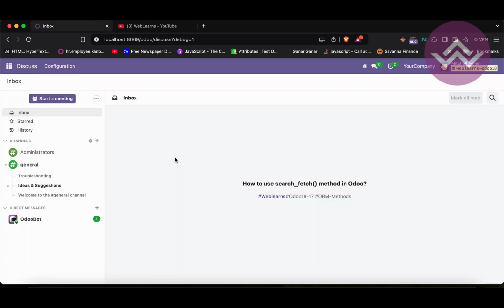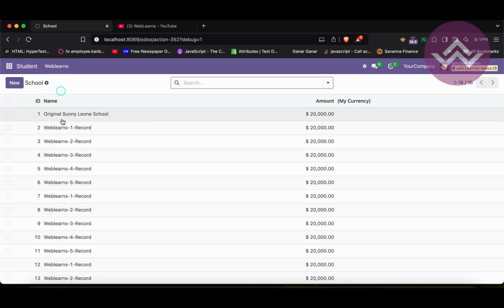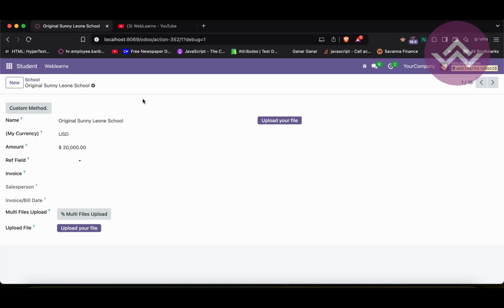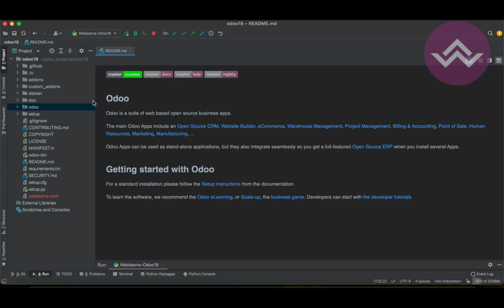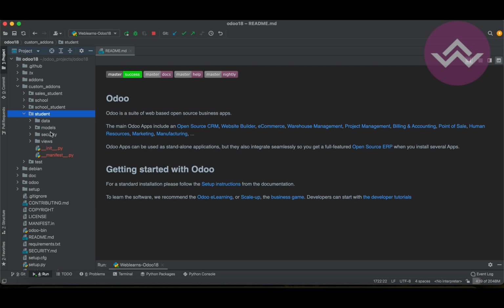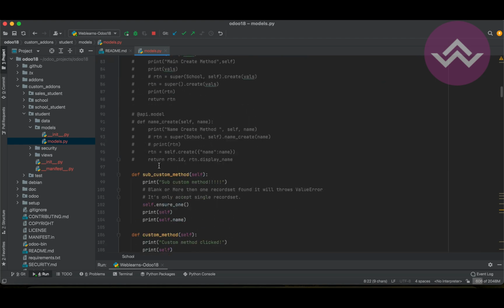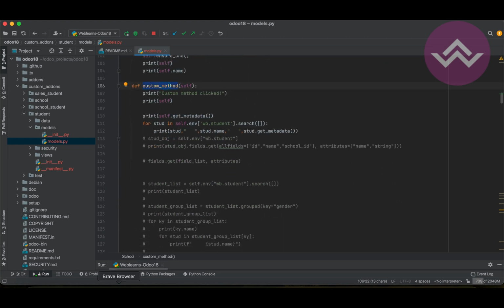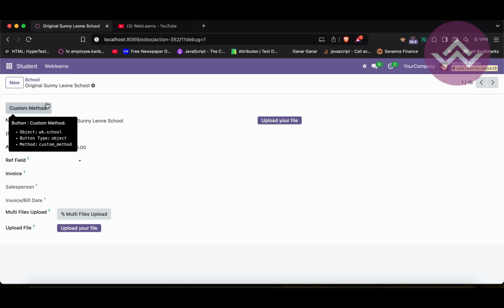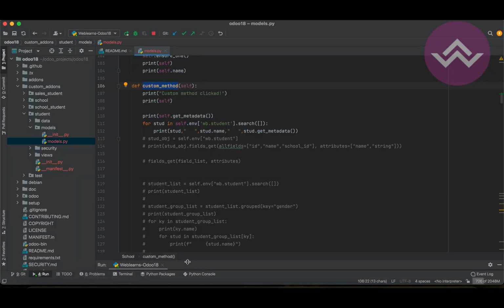What is the purpose of the search_fetch method? So let's say we already migrated our module from 17 to 18, right? So right now this interface is the version 18 interface, and whatsoever we are doing is under this version 18 module. Here in this model wb.school, you already know we are using this custom_method which is already mapped with this button click event. Once I click this button, it will automatically log to this logger file. So let me comment out this part,